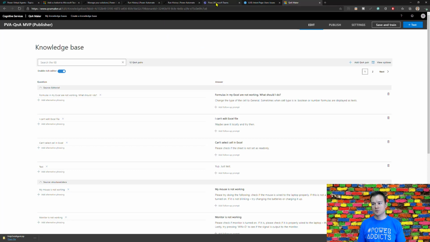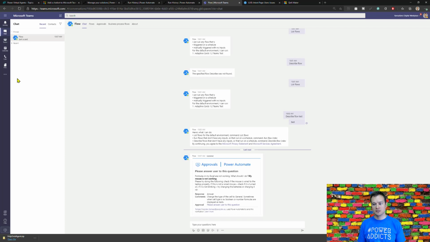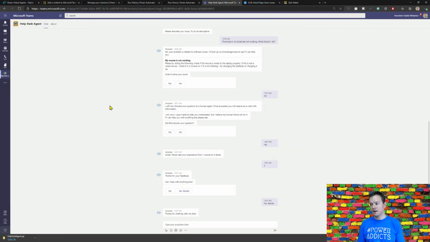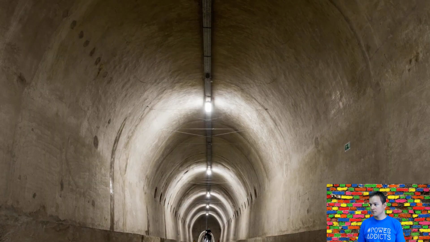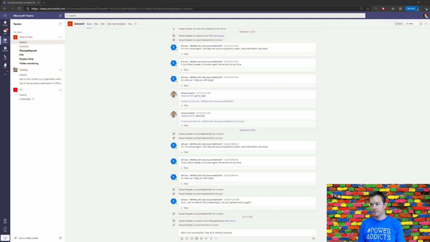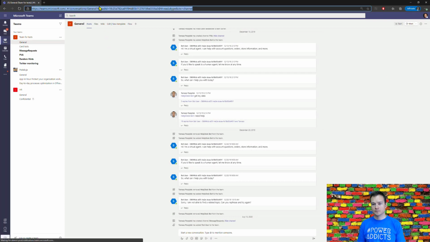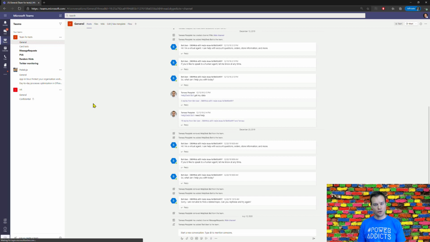So I was able to get this Power Virtual Agent working as my bot in my Microsoft Teams. But now if I go to the Teams of my co-employee, that's John Researcher, he's my employee, in his Teams there is actually no Power Virtual Agent yet. So once I go to the three dots,